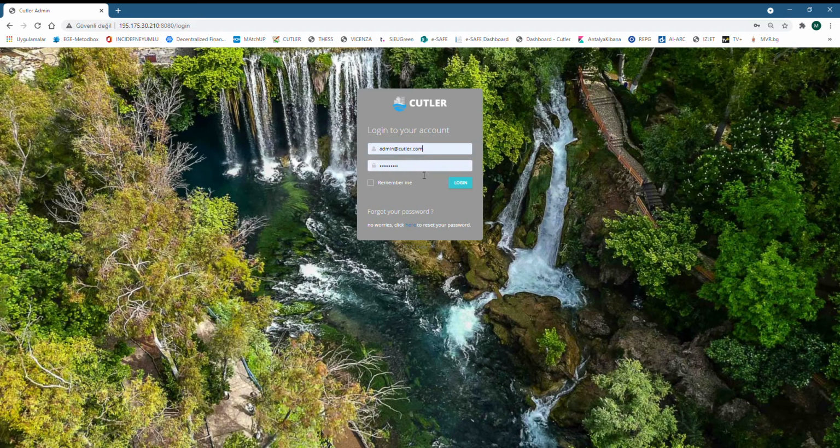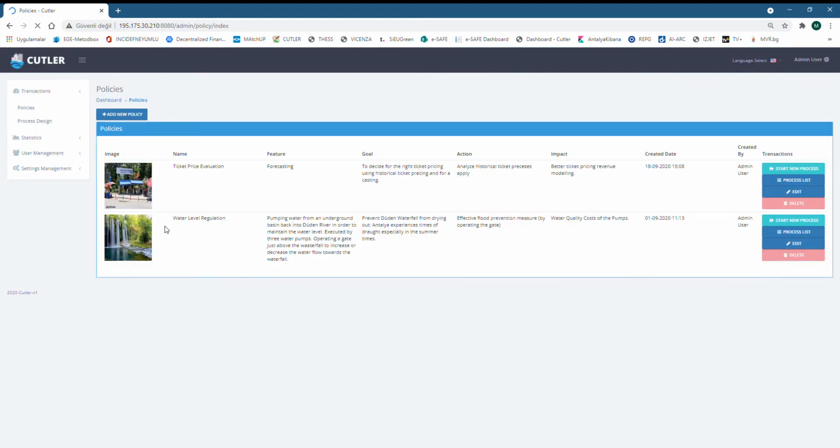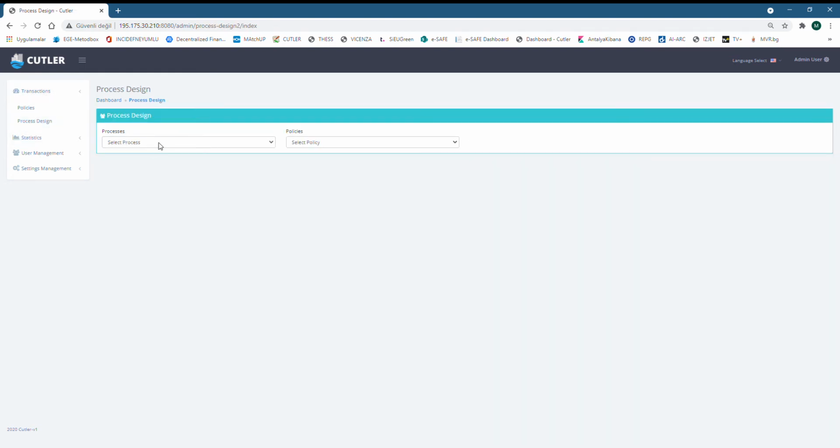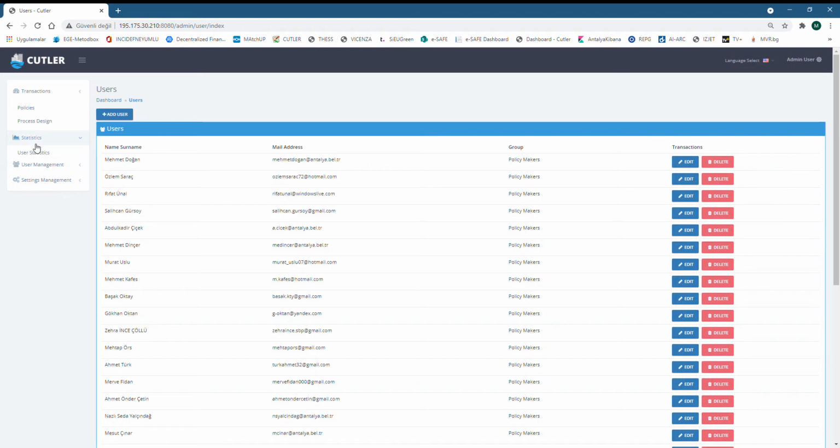First of all, let's log in with the administrator user. When you log in, the administrator sees all the menus, all the features, on the left side. They can see policies created. They can see the processes defined, such as water level and ticket pricing ones, and they can create users and